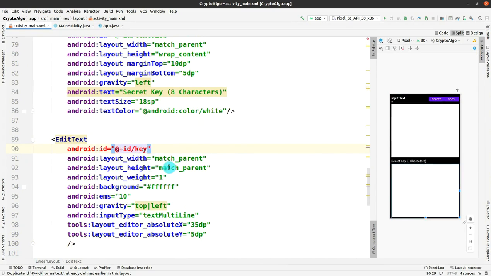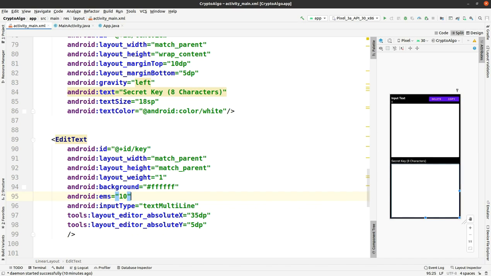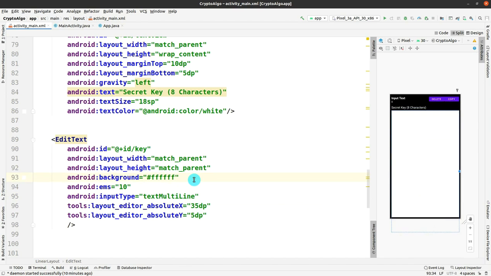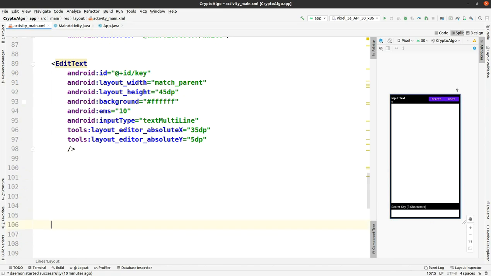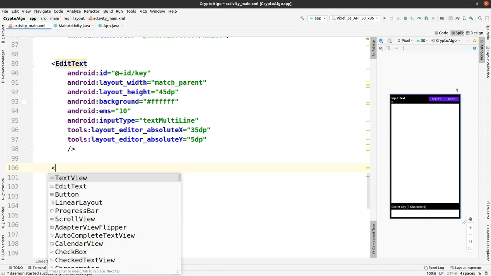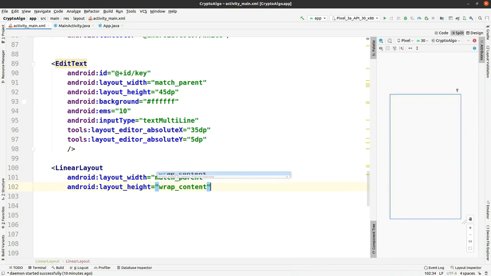We will be adding the ID as key, and then let me see what else we can change here. So I am saying that the gravity is not needed here, so I have deleted that gravity. Also, the weight is no more needed, and the height will be 45 dp. Okay, so this edit text is also completed, and now we are going to add a linear layout here with